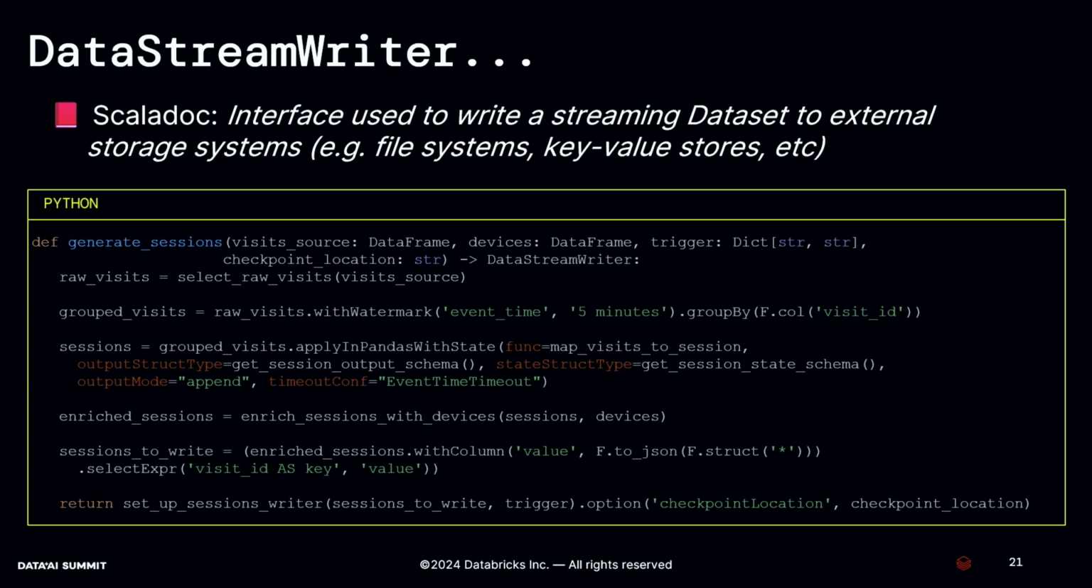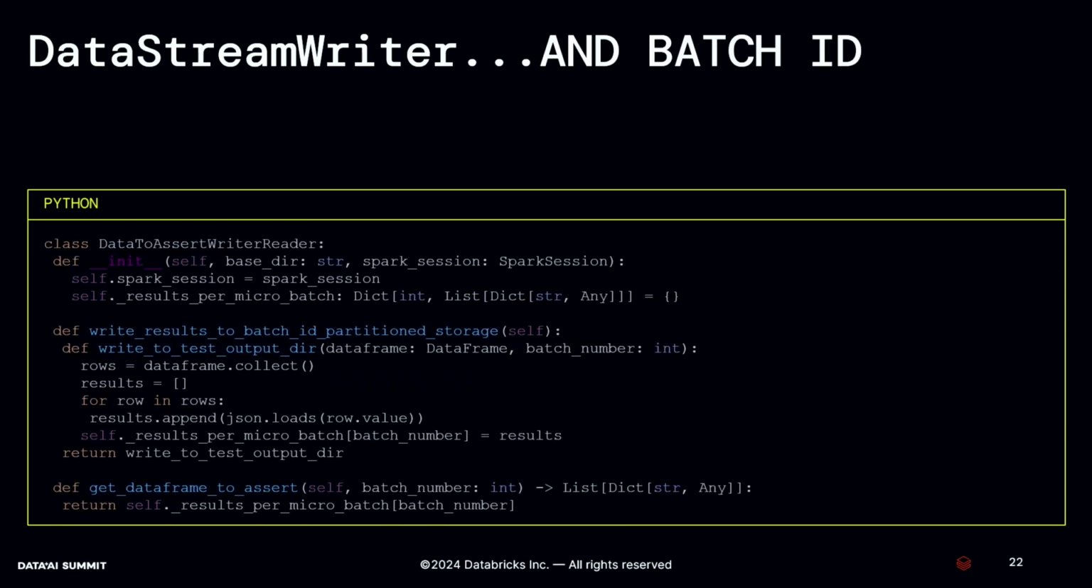So in this snippet, you can see that the function returns the data stream writer from this setup session writer plus the checkpoint location, which is configurable, because I didn't want to put it too deep in the code base. And later we have this helper class that is DataToAssetWriterAndReader. Okay, the name is maybe not the best one, but the idea here is to run this write to test output dir function whenever you produce new data for the unit test